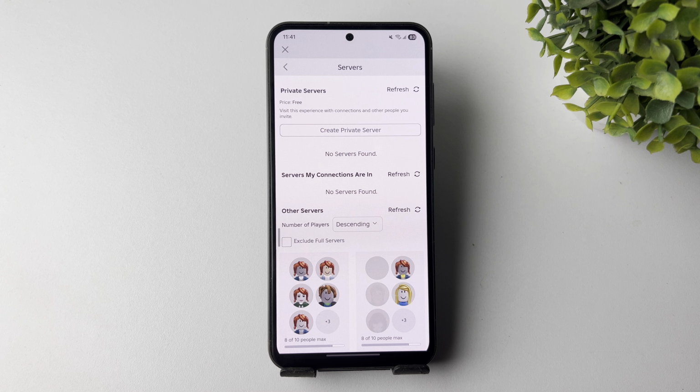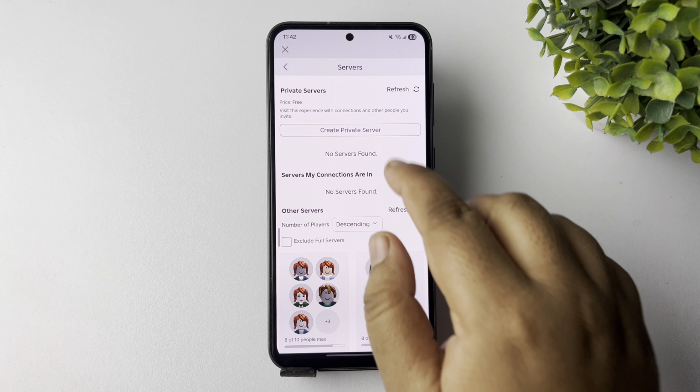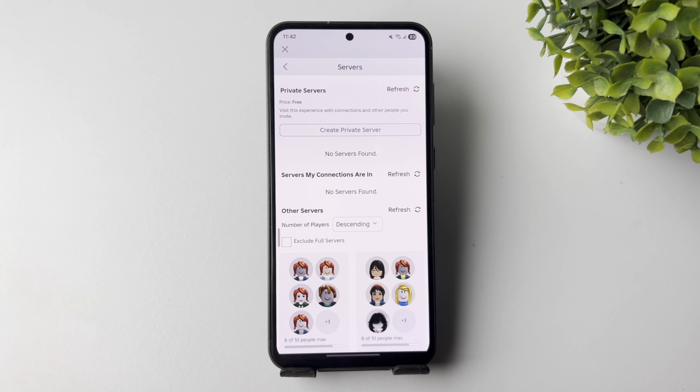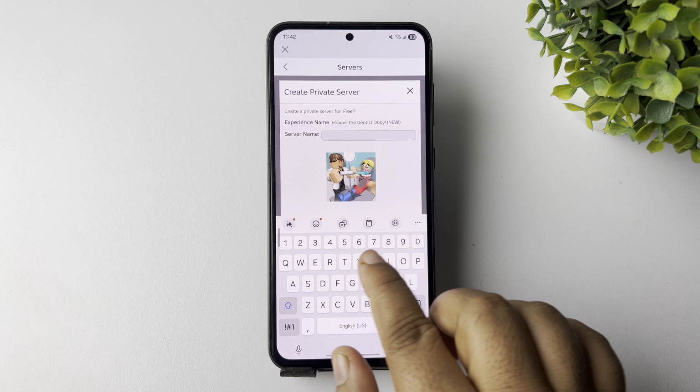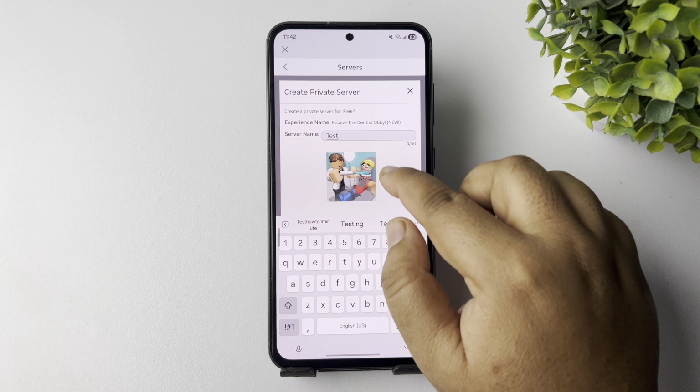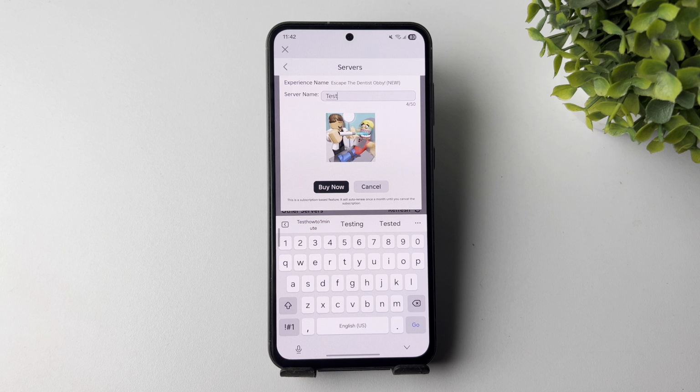and here we can see this game provides a free server. So the price we can see is free. In some games you have to pay Robux to create a server. So just tap on create private server and rename the server here. Scroll down and tap on buy now